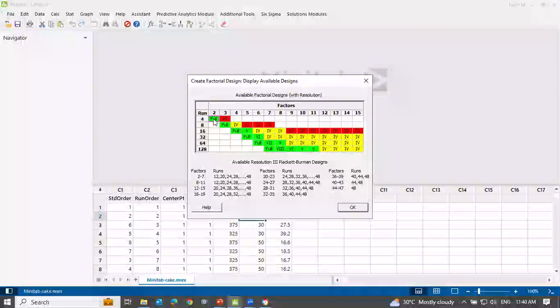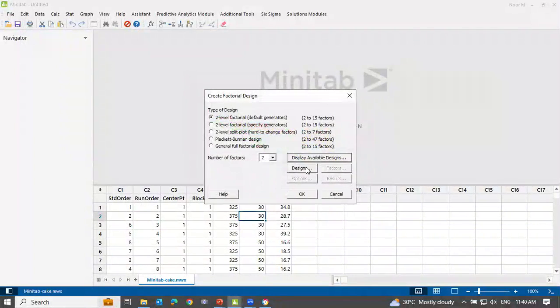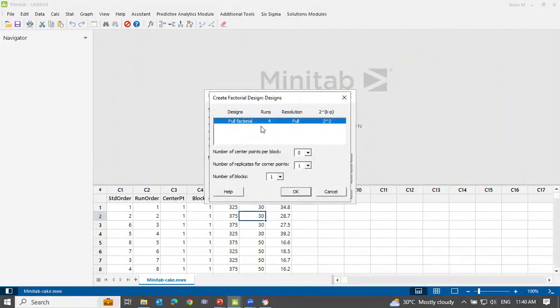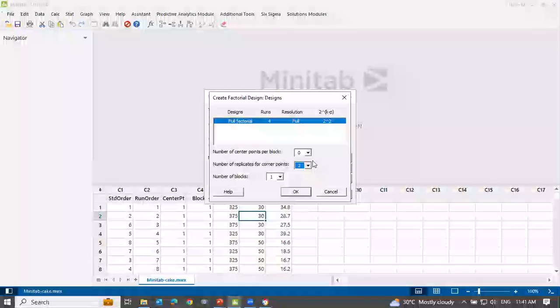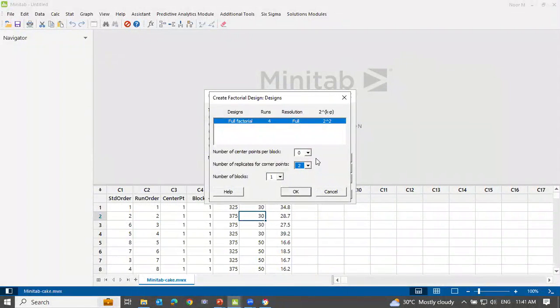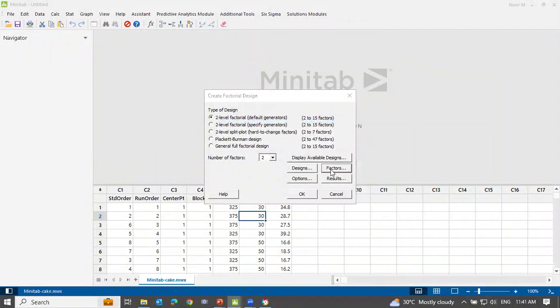For this case, you will try with the full. Click OK, and of course Design here. They will ask you for the full factorial design. So how many replicates? It will be 2 replications. In Minitab you cannot see repetition, so it will be a replication only. Click OK, and of course you need to